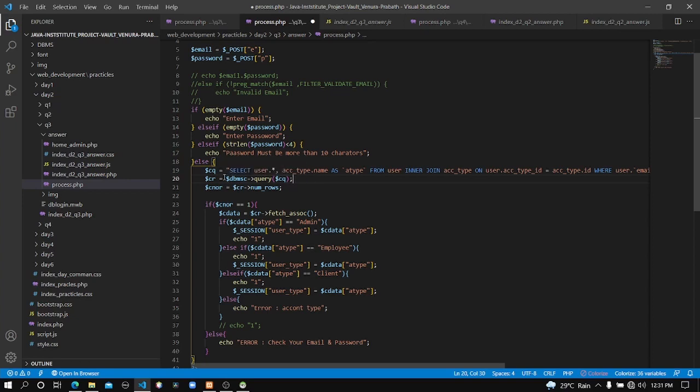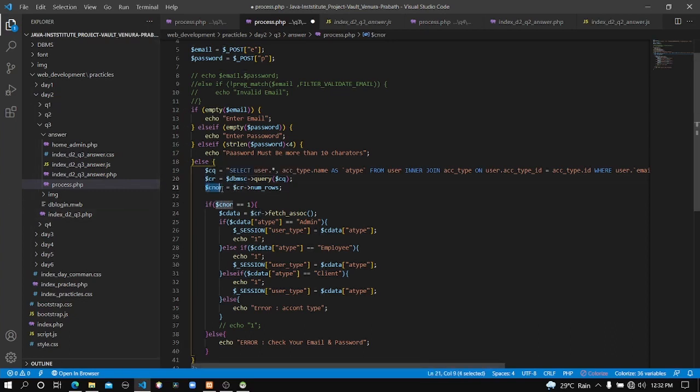So I assign that result to a new variable called CR. After the query is executed, it will output the result in a table form. So I assign that table to this new variable called CR,